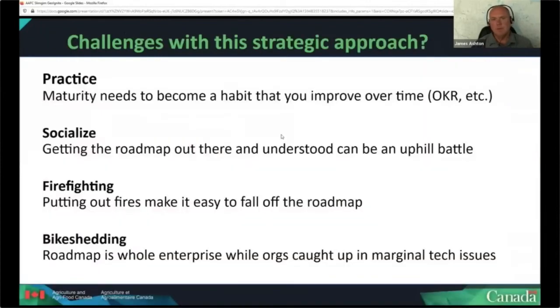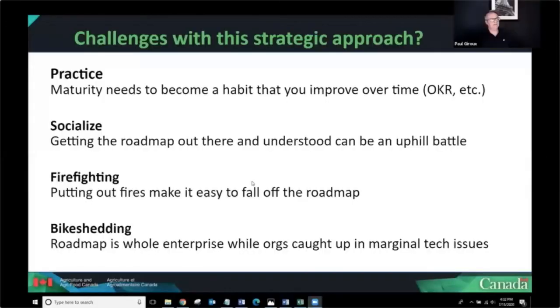So Paul, our challenges with the strategic approach. Yeah, and as you can see, everything James has shown us is super impressive, done really quick. So there's a roadmap or strategy in place, and now COVID, and what's the impact of that on the plan? Luckily, and we'll talk about this a little bit more, it actually met a lot of the main initiatives and objectives. And so James can continue doing work with his team, knowing that this stuff is actually going to really help with the roadmap and the maturity overall. And so the adjustment, when the dust settles on COVID, the adjustment after will be really easy to